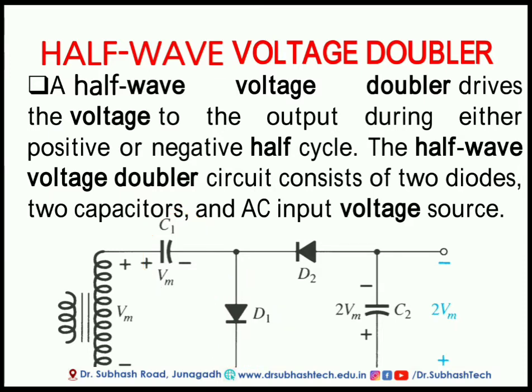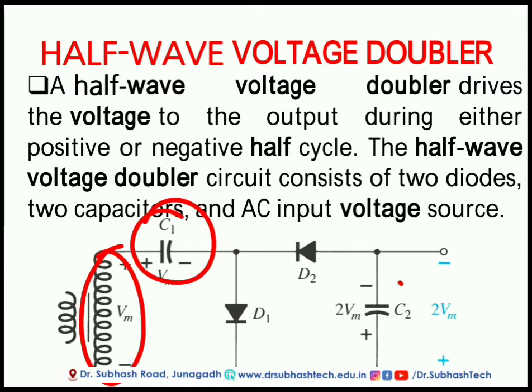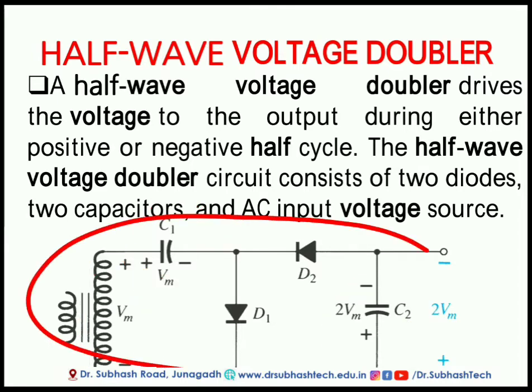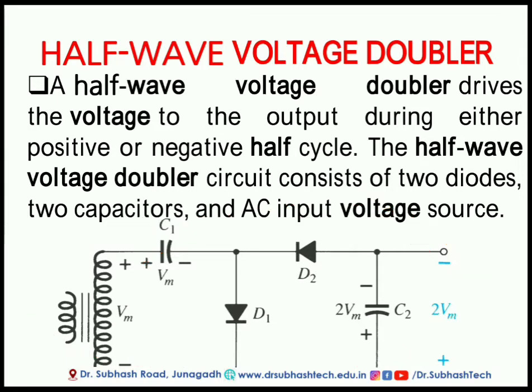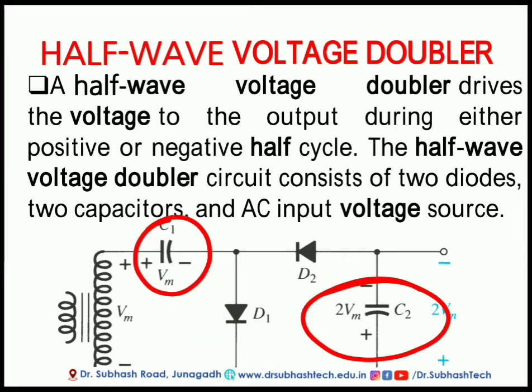Here you have to remember, if you want to increase our output voltage, then you can directly increase it with a step up transformer as well as this capacitor, because the capacitor is used for the charging purpose, and according to the charging and discharging, the input voltage Vm is stored in this capacitor. So this one is the basic configuration of the voltage doubler, and in any voltage multiplier, the basic components are capacitor and diode. The diode is used for the switching purpose and the capacitor is used for the charging purpose.